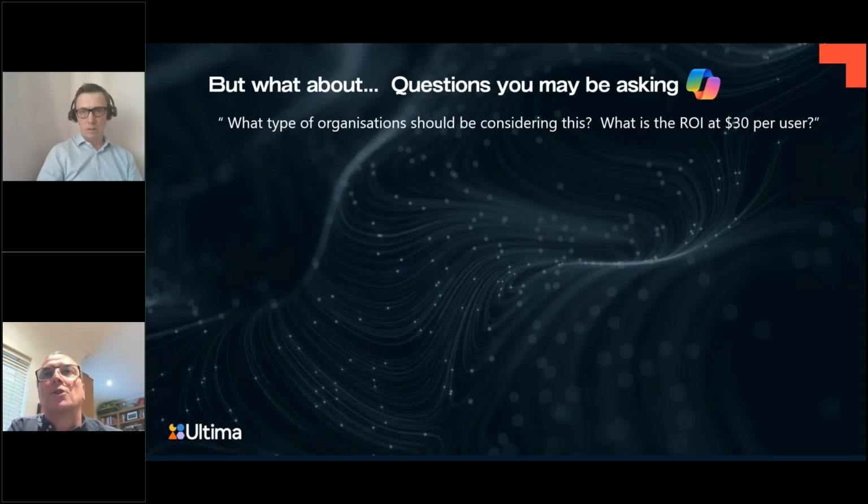So the first one was, what type of organizations should be considering this, and what's the ROI at $30 a user? I think we've touched a bit on the ROI and where we think we can see immediate savings. The answer to what type of organizations, from my perspective, is every organization should be looking at this to try and understand where it's going and what you can benefit from it. The optimization of using the Office suite is incredible if you get into it and do the learning,